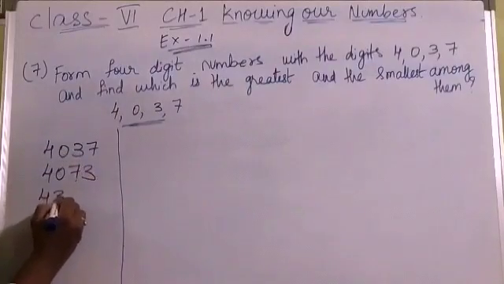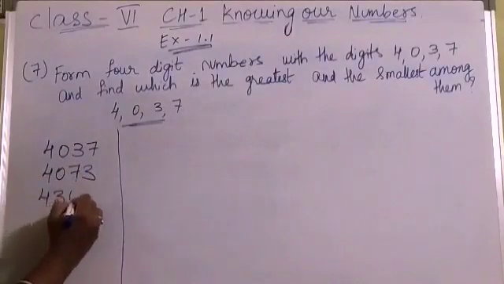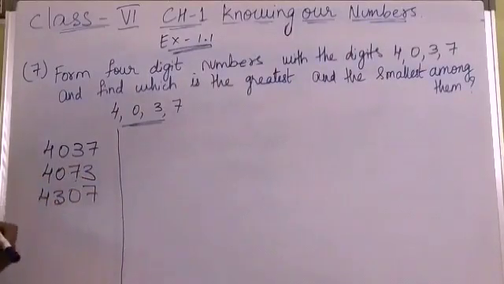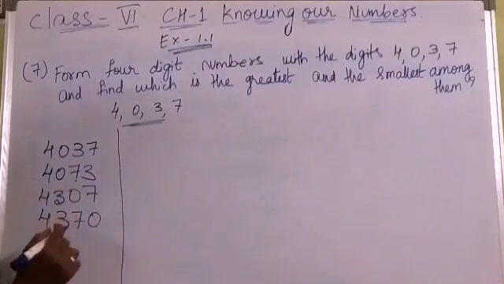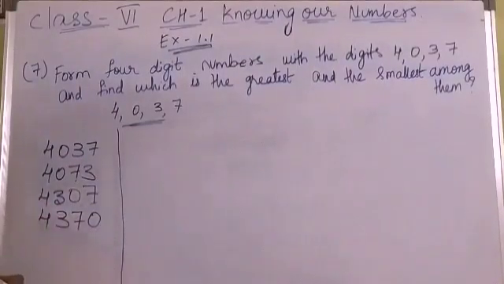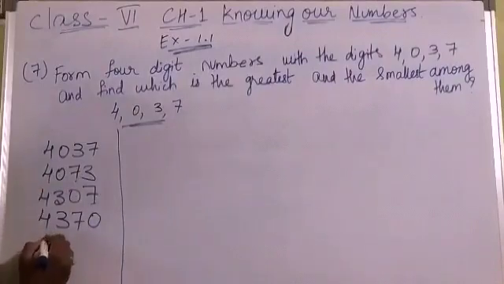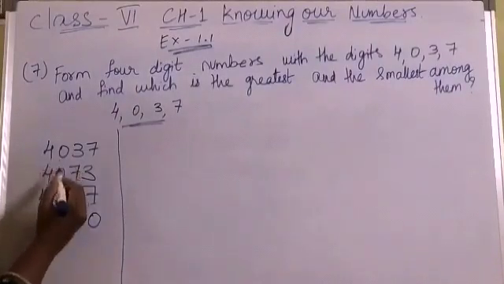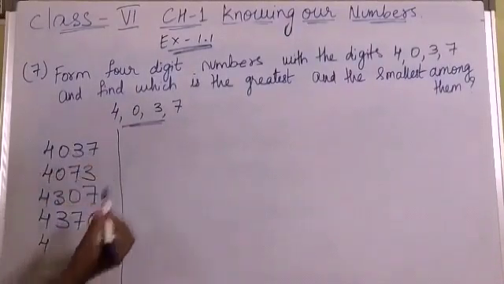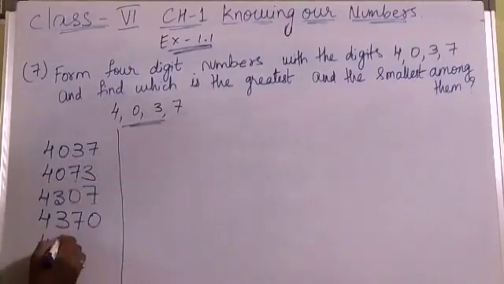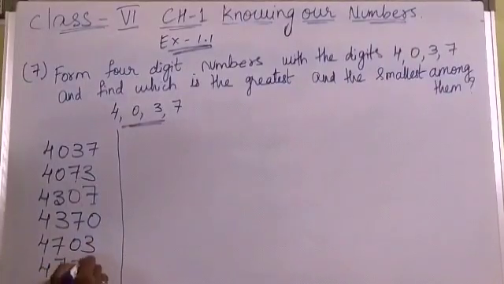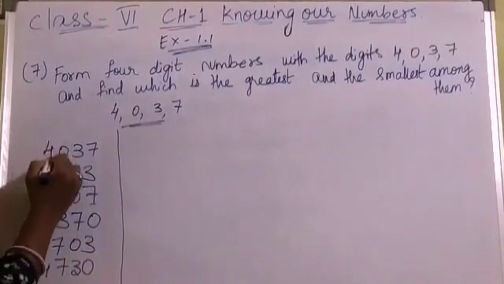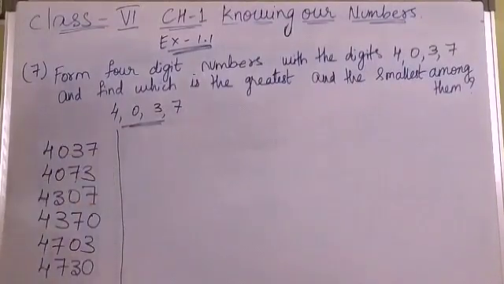Next you take another number, 4, 3, 0, 7. Here 3 is in the hundreds place. Now 4, 3, 7, 0. Here I interchange these two numbers. Two times it's possible. Next 4 in the thousands place, 0 completed in the hundreds place, 3 completed in the hundreds place. Next which number is there, children? 7. 4, 7, 0, 3. 4, 7, 3, 0. So with the 4 in the thousands place, we wrote all the possible numbers here.